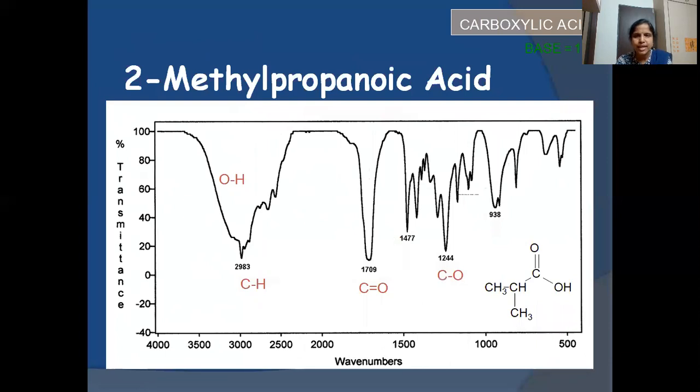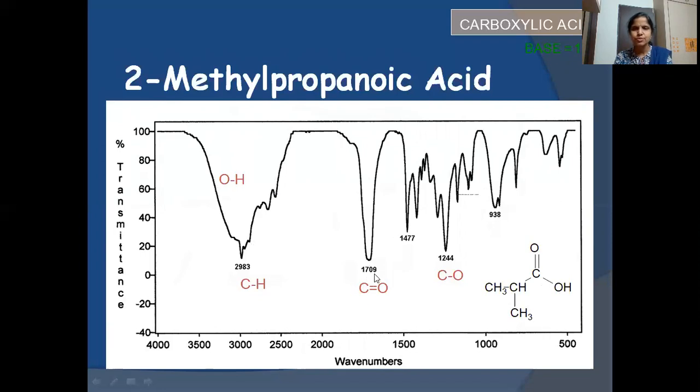Then 2-methyl propanoic acid. Now we are taking carboxylic acid. Again, it has the carbonyl group along with OH. Now how to identify whether it is a carboxylic acid or not? Very simple again. First, see here we have OH. Already in our first example, we have seen that for the OH stretching vibration of carboxylic acid, a broad band is observed. You remember? A broad band is observed because of the carboxylic group having an OH functional group, due to hydrogen bonding. And then we should also observe the C=O group, which is at 1709.